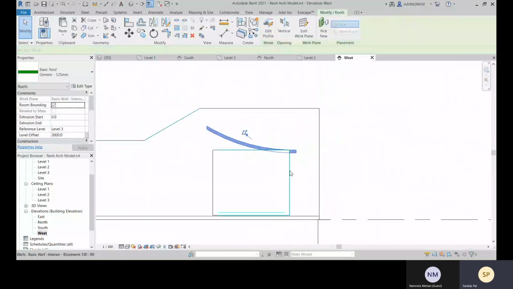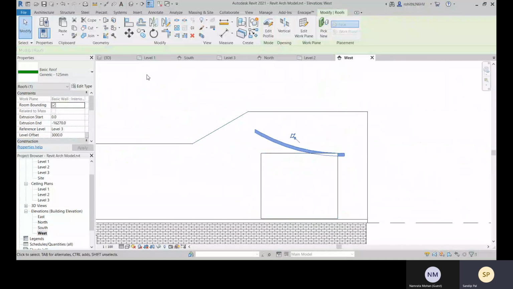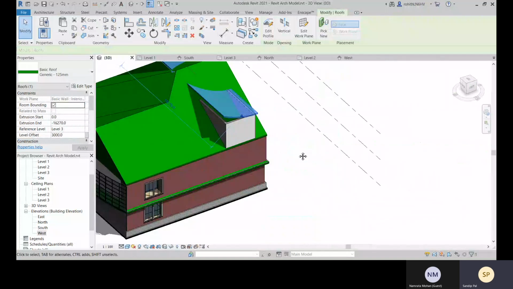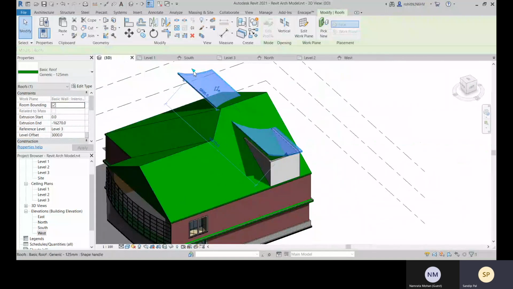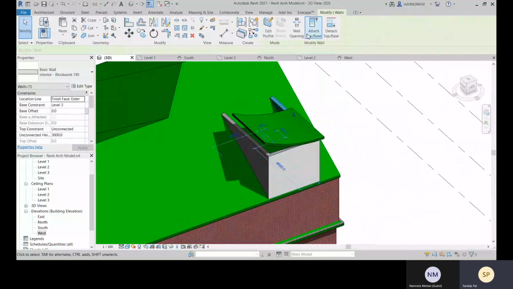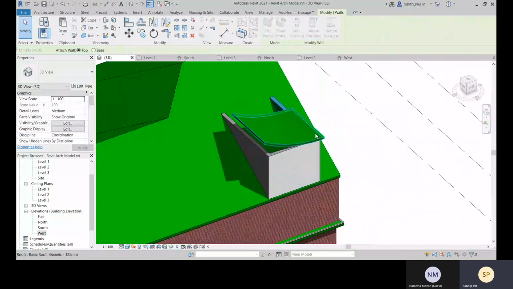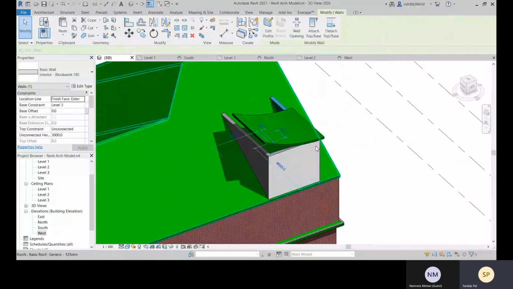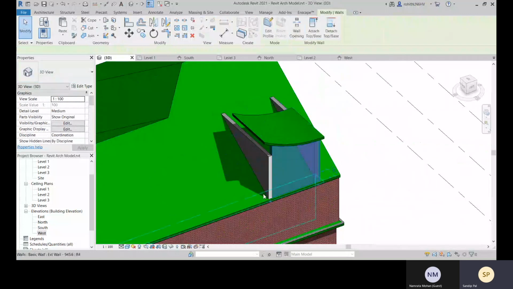Perfect. Let's just create it, and what I'll do is I'll come to 3D. I'll select this, go to attach top, select this as a top, and select this attach top is top.